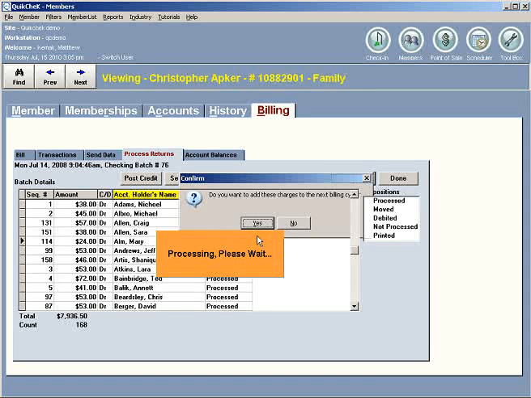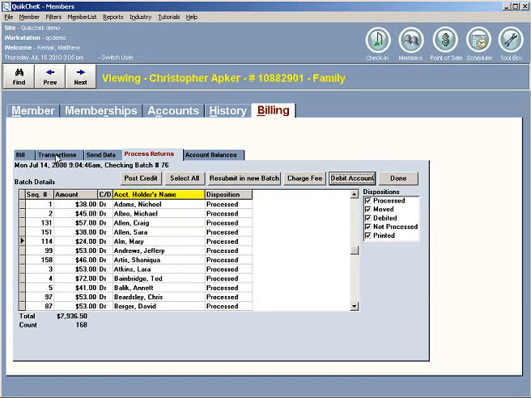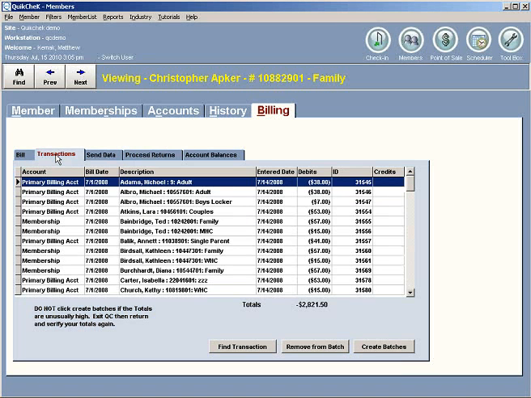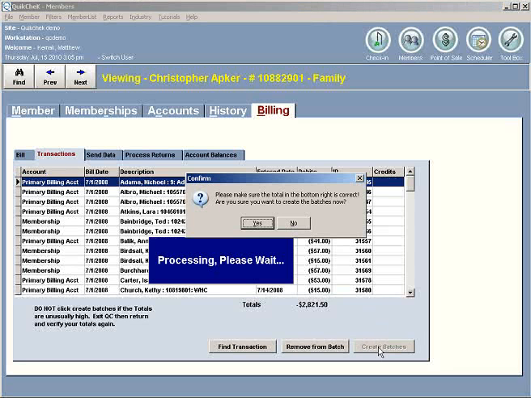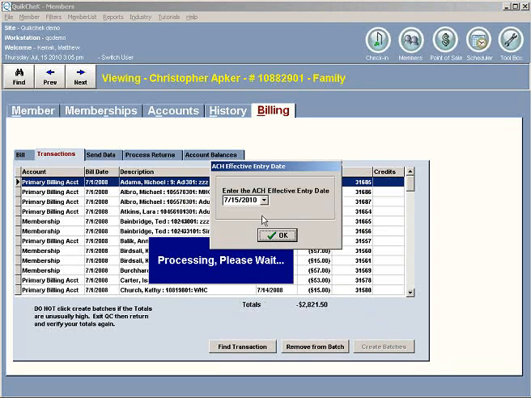And then once that is done redebiting, you can go directly to your Transactions tab. Click Create Batches, yes, enter your ACH effective date, whatever date that is. Let's say it's 8/1. And now I have a new batch that will show up on my Send Data tab that I can then send to the bank. As far as invoices go,